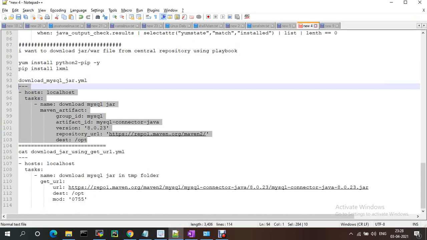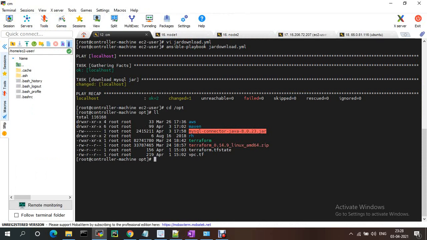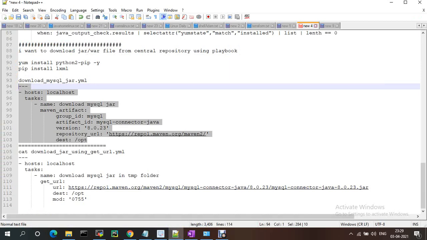If you see here in the playbook, the destination is /opt. This is the MySQL connector jar Java 8.0 version. Like this we can download it from the remote repository. That's all about this playbook.